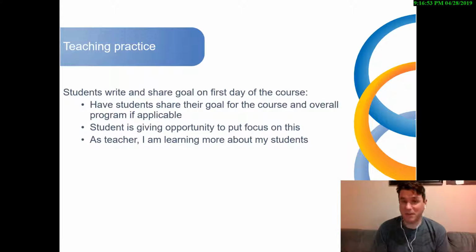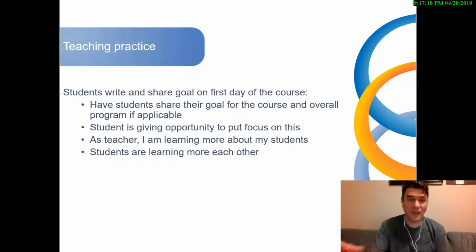And then some of them actually don't have a goal. I've had students say that they don't have a goal, so that's good for me to know. I find it valuable to support them with that, and help them look more closely at what their goal would be. Because they're sharing it with the class, everybody gets to know each other a little bit better on the first day, perhaps in ways that they hadn't if they've been in classes together before. This is an opportunity to enhance connection among the students as a group.